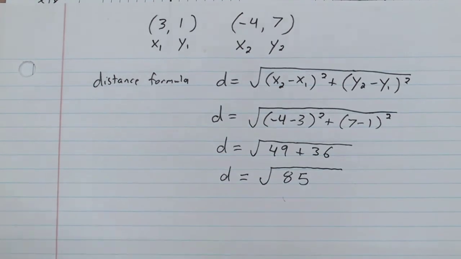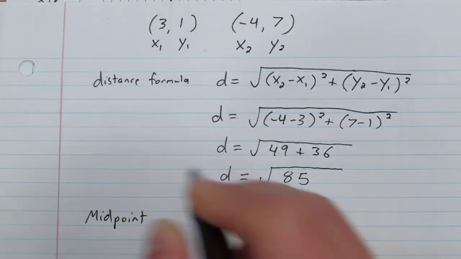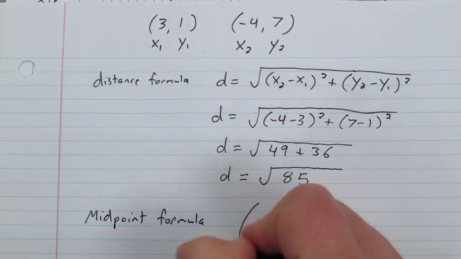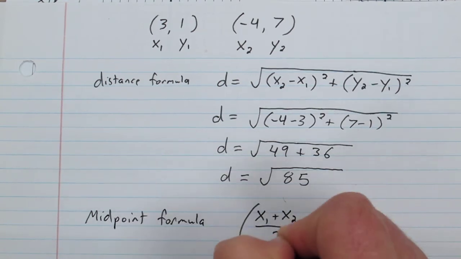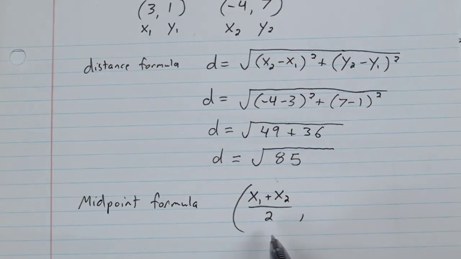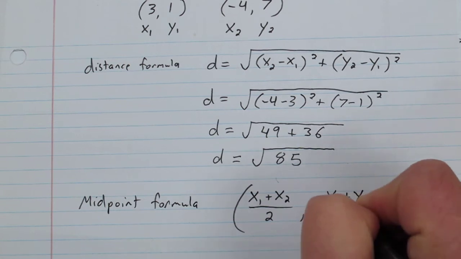Next, we'll find the midpoint. The midpoint formula is this. It's the average of the x coordinates, gives you the midpoint's x coordinate, and the average of the y coordinates gives you the